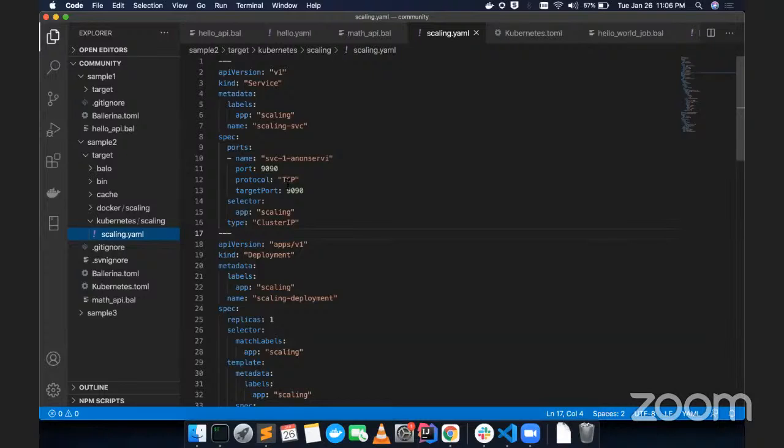Let's say you don't want to push your shared code into Central. We are thinking of another approach where you can push that package to your local home repository on your local machine. That way, in your service, you can just import and use it. So it won't go to Central.